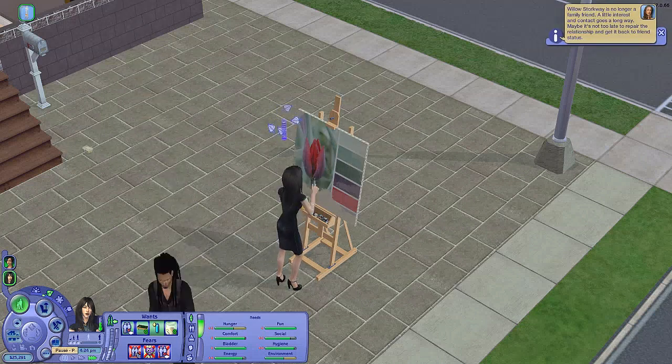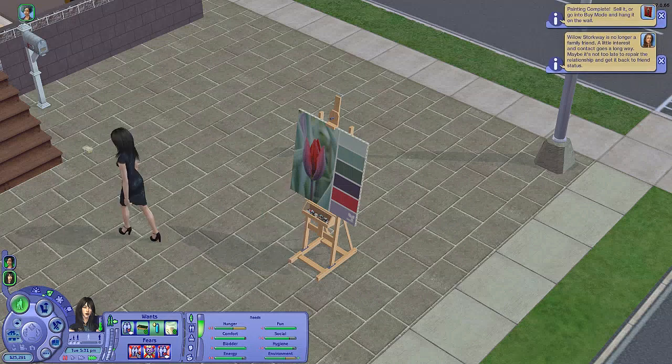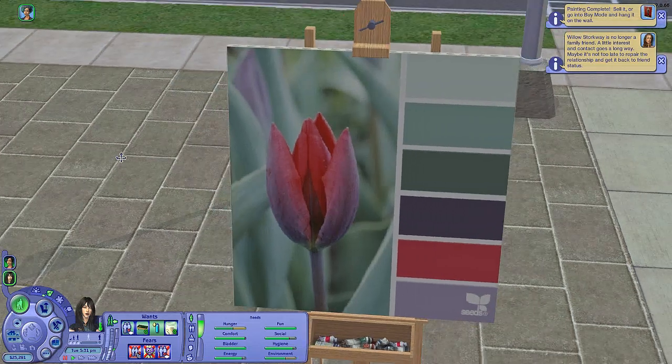I chose a color scheme that was primarily focused on, oh, Willow Storkway is no longer a family friend. Oh, that's all right. We'll talk to her. Okay, so we now have a beautiful, look at that, gorgeous color scheme. And I just went to